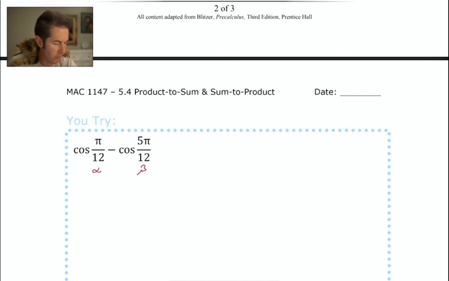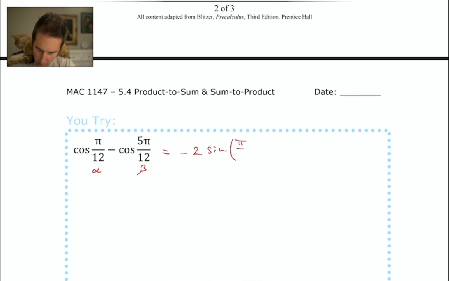And then the second one is alpha minus beta. So that's pi over 12 minus 5 pi over 12, which is negative 4 pi over 12, which reduces to negative pi over 3, which gets divided by 2 again, becoming negative pi over 6. So this should turn out to equal negative 2 times the sine of